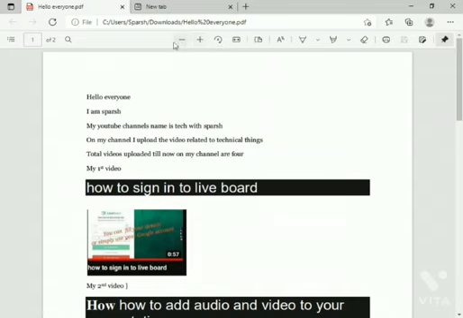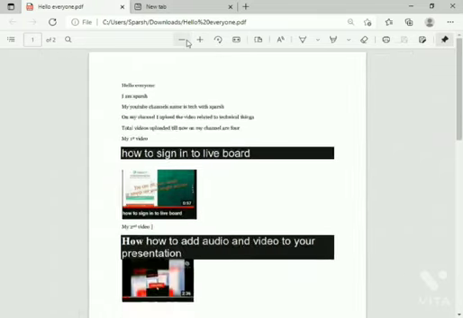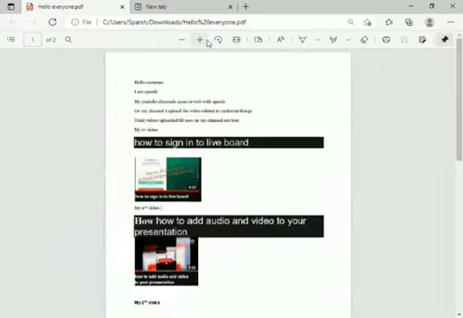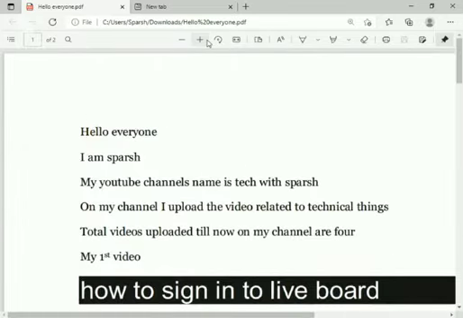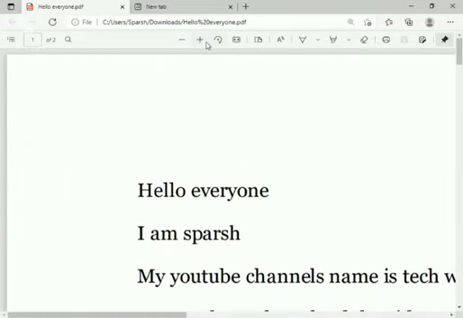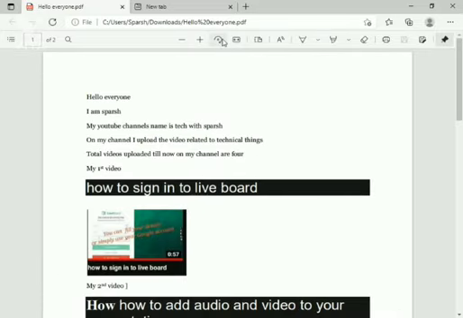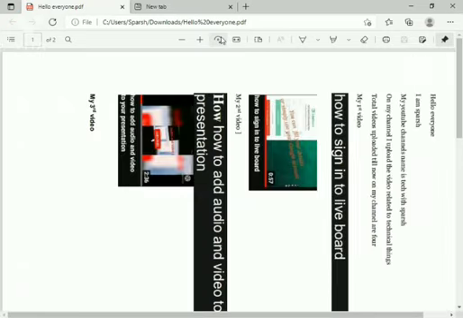Then here is the sign to decrease, zoom out. When I click here, the PDF will zoom out, and here is zoom in. Next one is to rotate this PDF. For example, it is in the straight position, and whenever I click here, it will rotate.